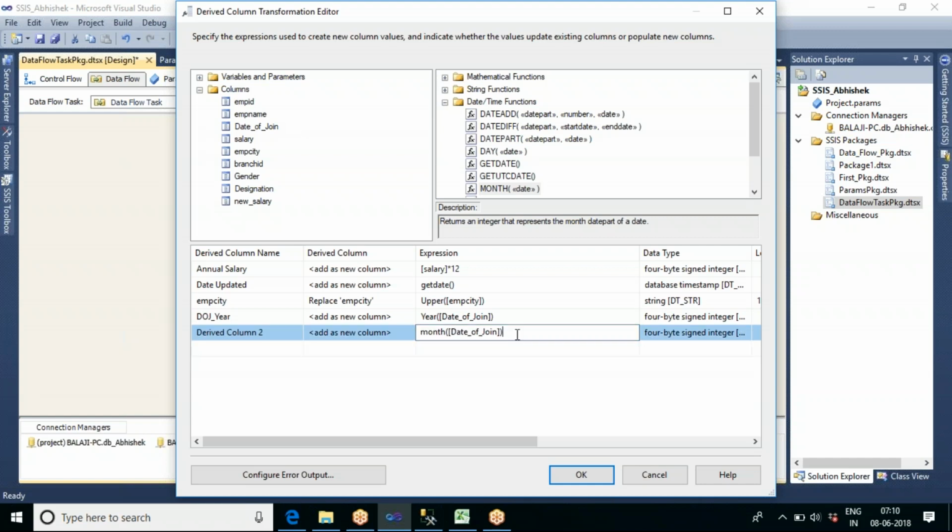If it is equal to 1, let me show it as January, else I want to show it as December. So now we need to just put the square brackets here.